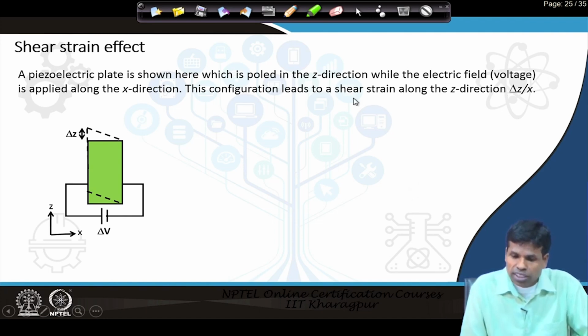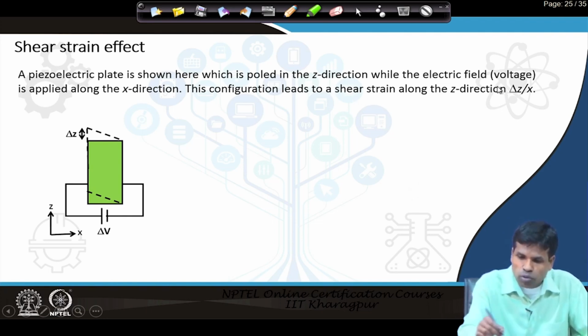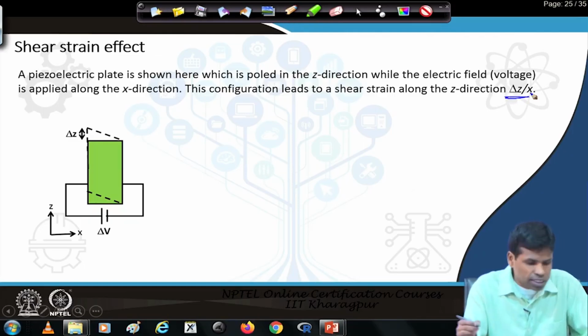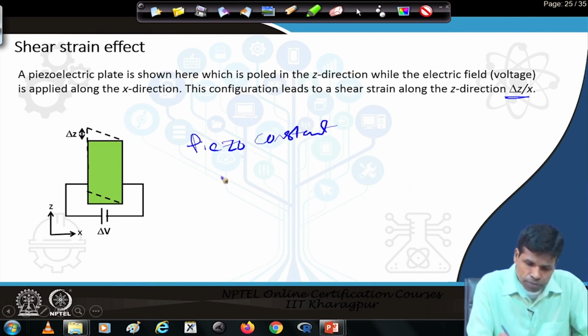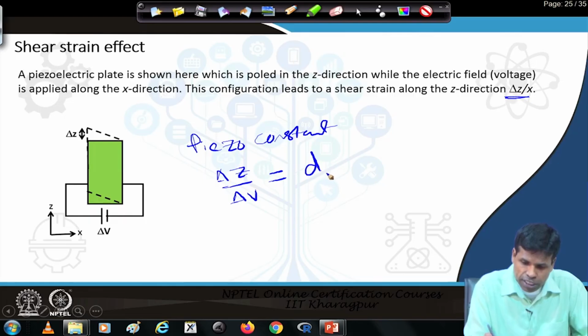This leads to a shear strain along the z direction, which we write as del z by x. In this case of shear strain effect, the piezo constant del z by del V is by convention written as